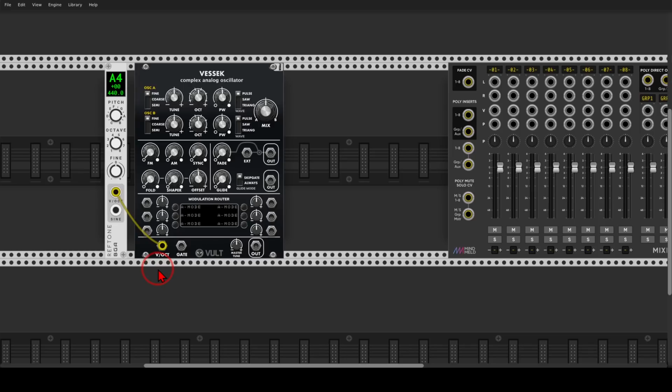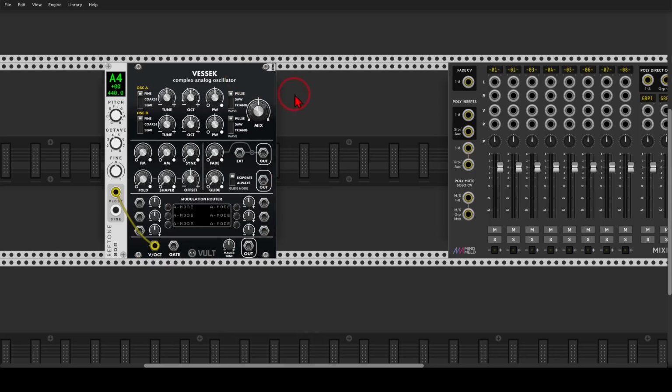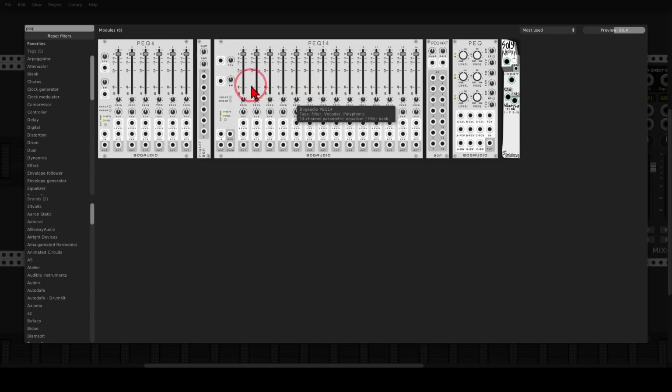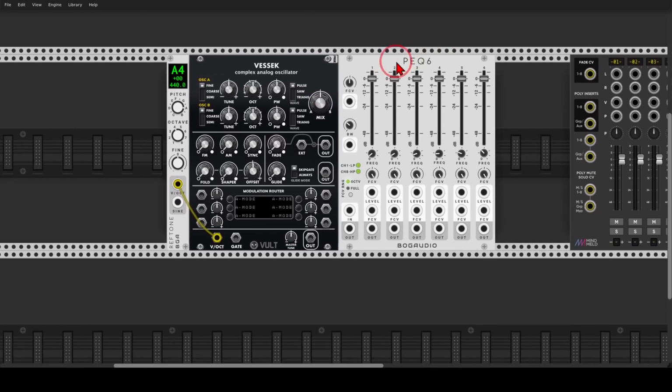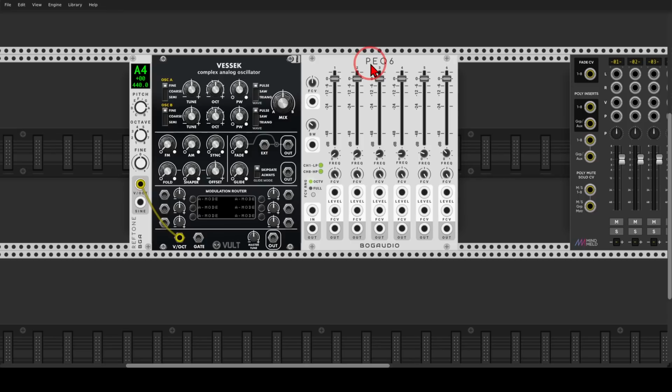Now, let's send VCV to a series of filters, and I will use the filter bank from Bogaudio, the PEQ6. This is basically a bank of 6 filters. On the left we have a low pass, then we have 4 band pass filters, and then we have a high pass filter. So if I send VCV to the filter bank,